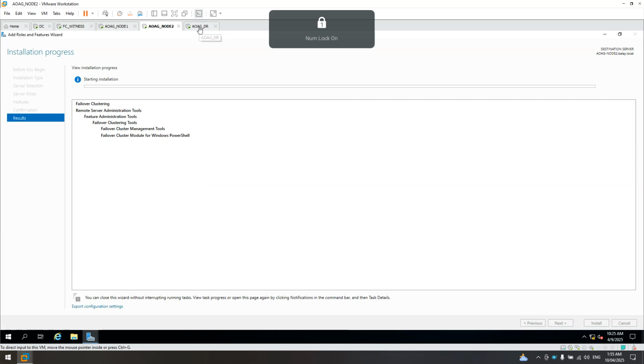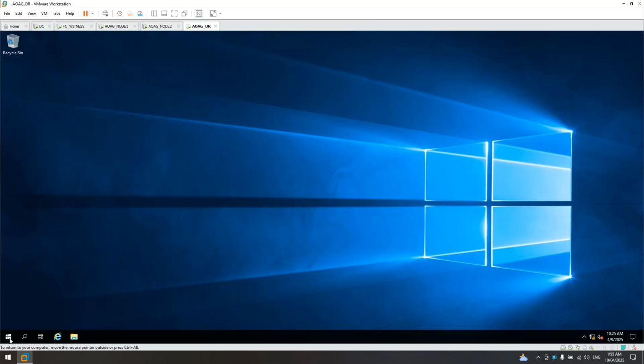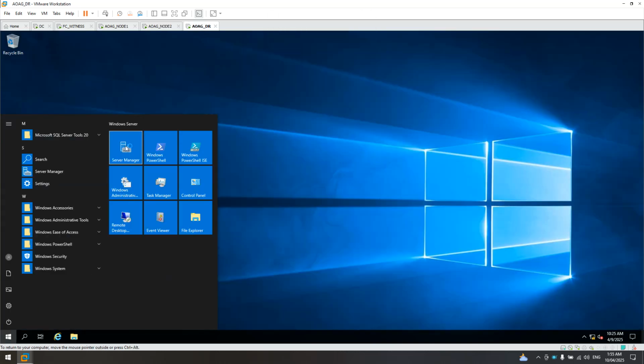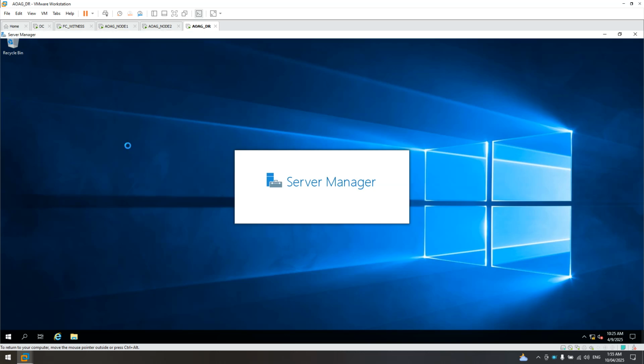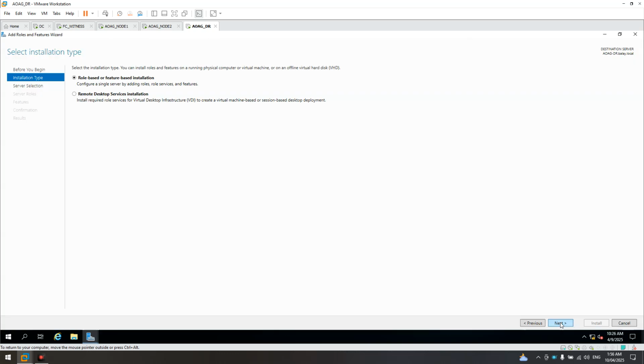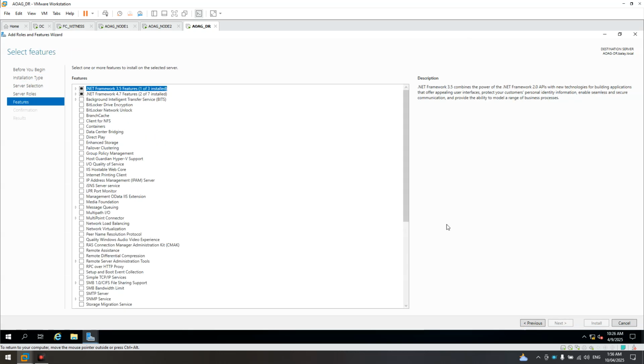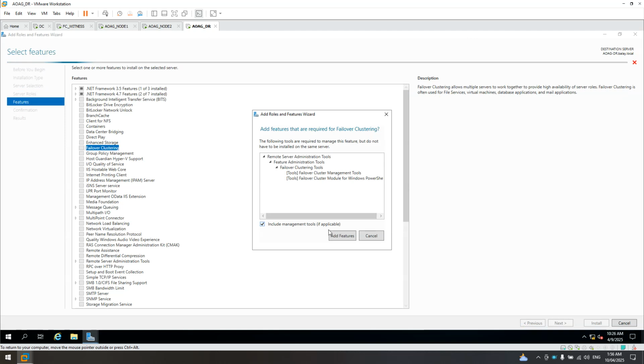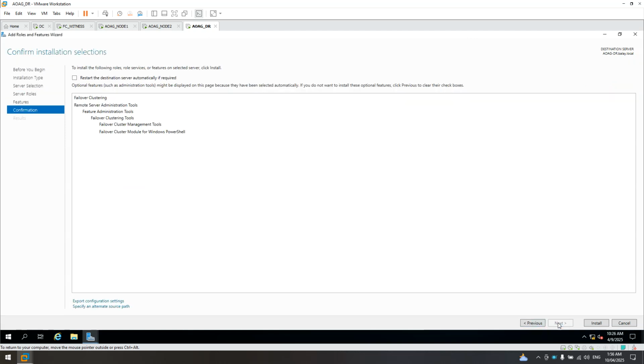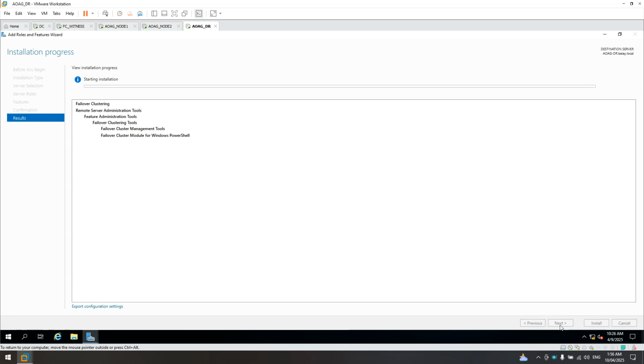Maximize that. Then do the same in AOAG DR: Server Manager, Add Roles and Features, next, next, next, next. Then look for Failover Clustering in features, next, install.